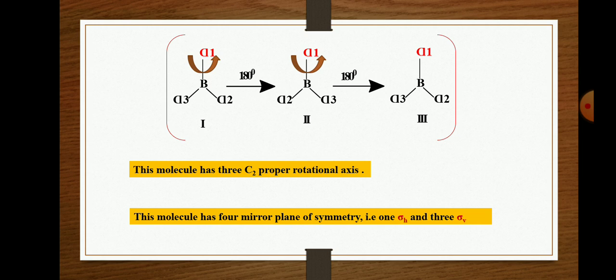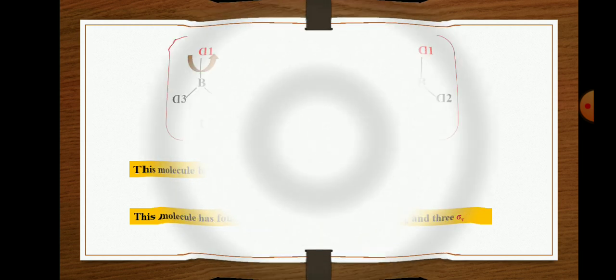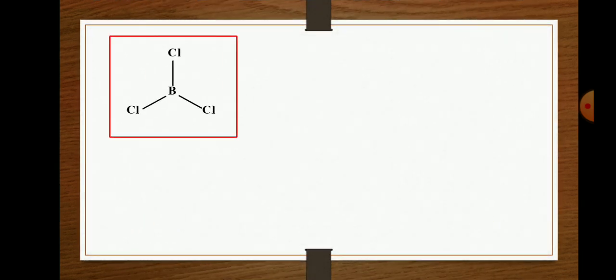Try to understand, students, this is a very interesting point. So this molecule has 4 mirror planes of symmetry present. How? One is sigma H and 3 sigma V. So we have to know this structure, and now we pass an imaginary axis through this Cl, so we cut the other 2 Cl, so this is nothing but sigma V. As you know, it is indicated by a red bracket or red square.